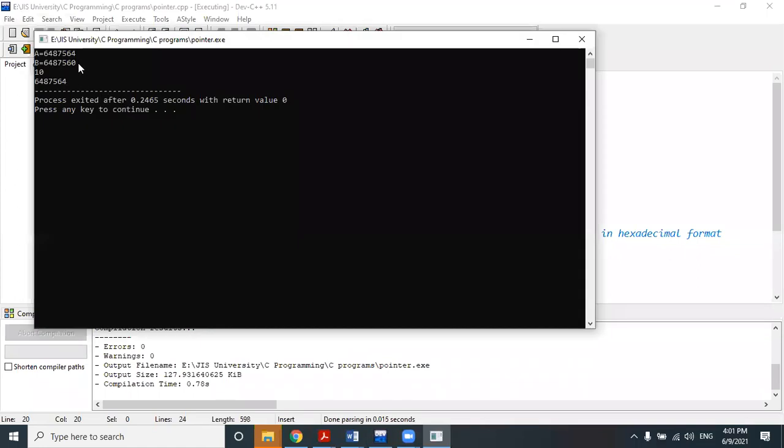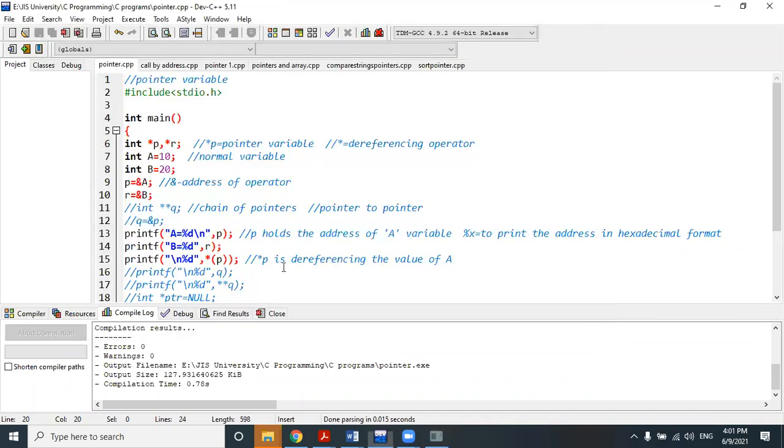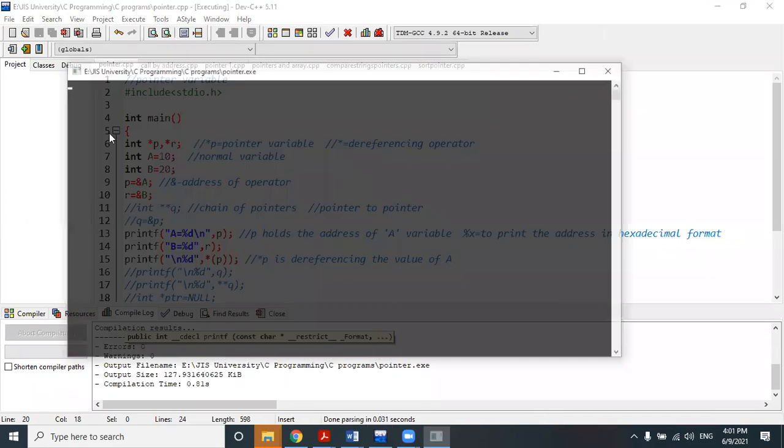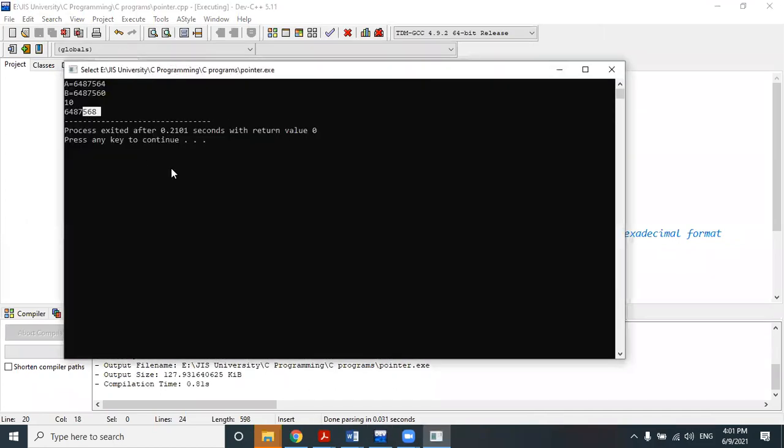It should be 564, but it will give a similar address. 1 second, let me check. I think post increment will be some problem. Okay, it is 568. It was a post increment, that's why it doesn't show it when printing, you can understand. So it is 568 with pre increment, right? Clear?